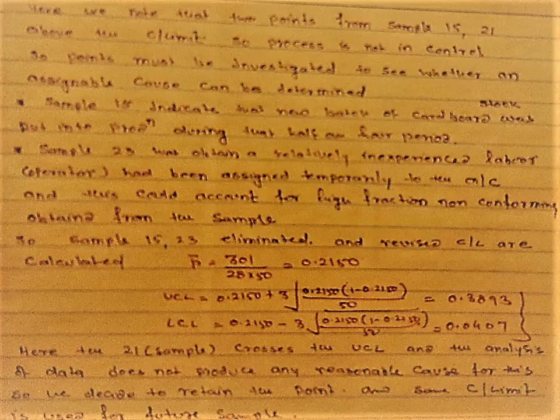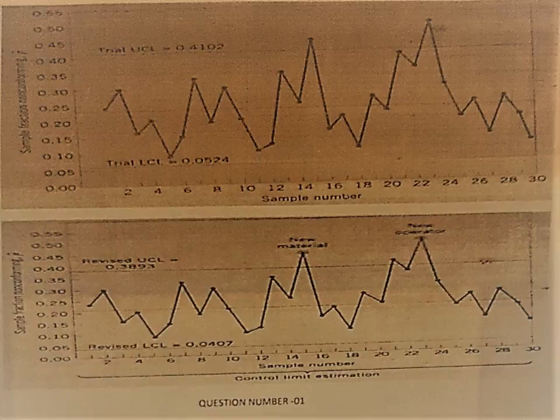With the help of this we again calculate the value of P, and that is 0.2150. With this we again calculate the upper and lower control limits, and with these three values we draw the new P chart at the bottom. Here we revise the control limits, draw the center line with the upper and lower control limits, and mark all 28 points now.